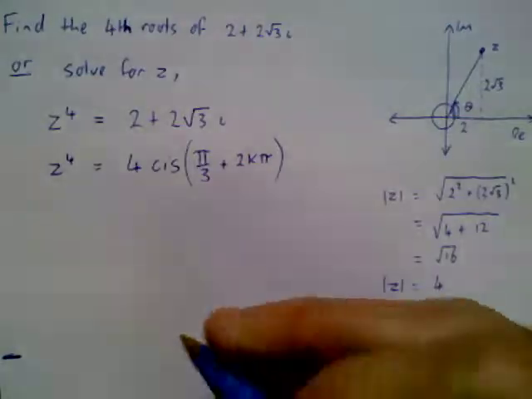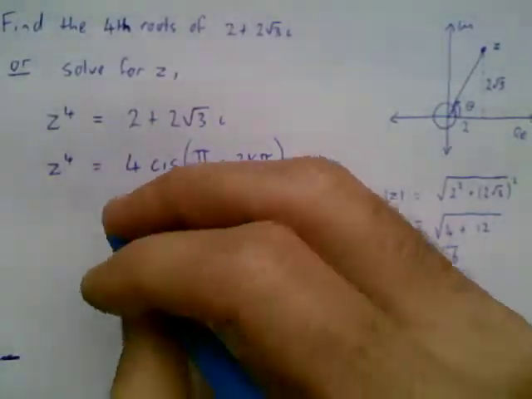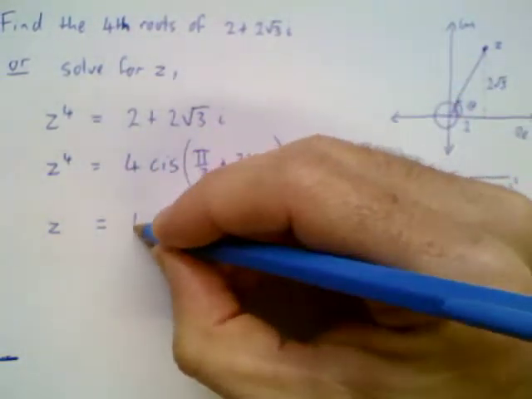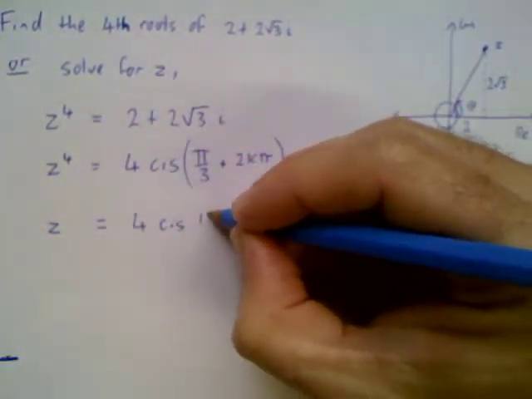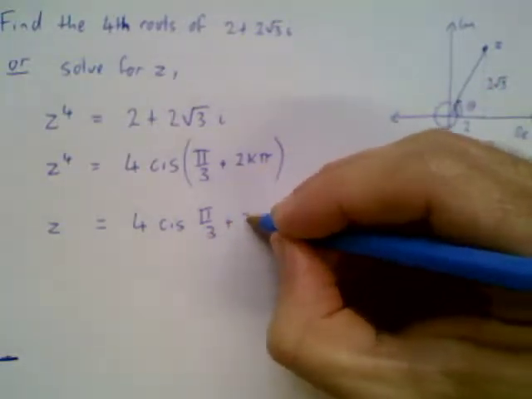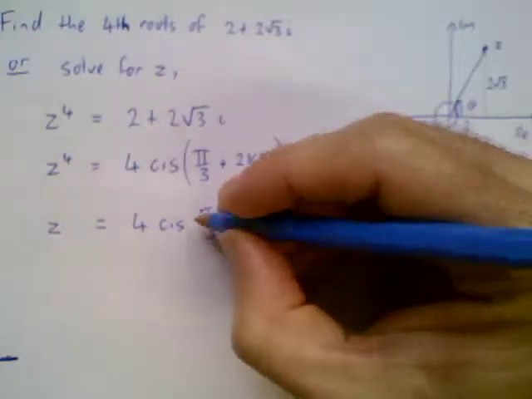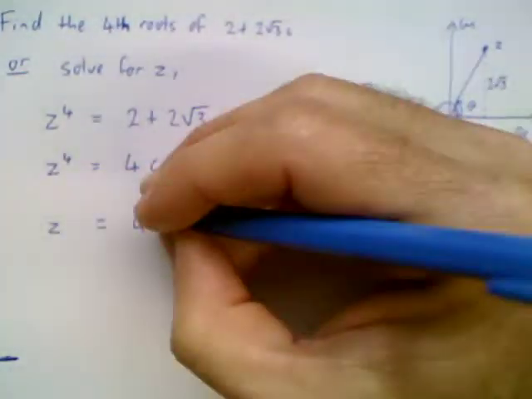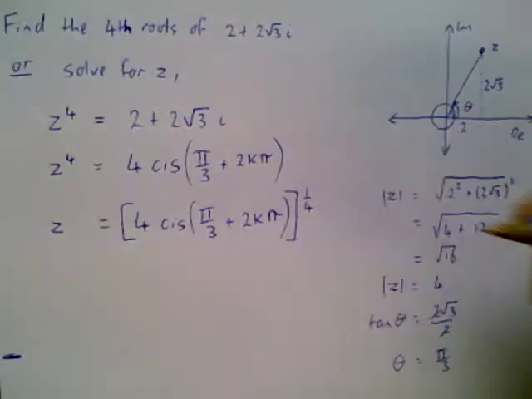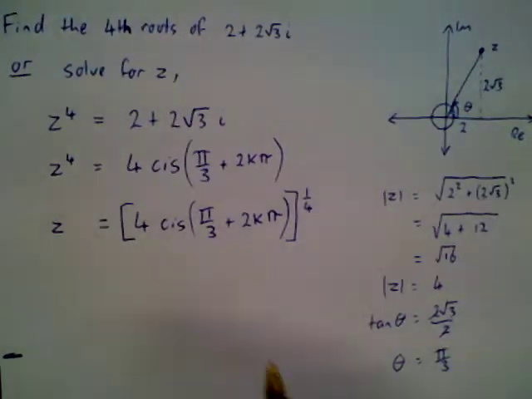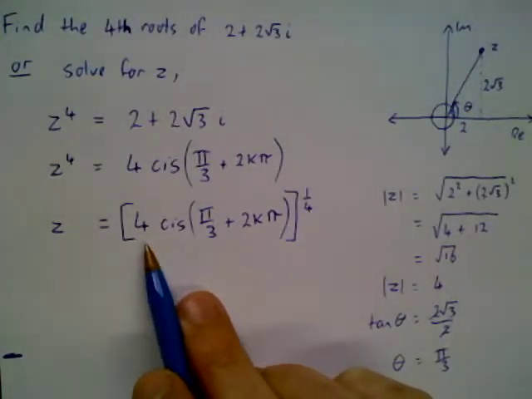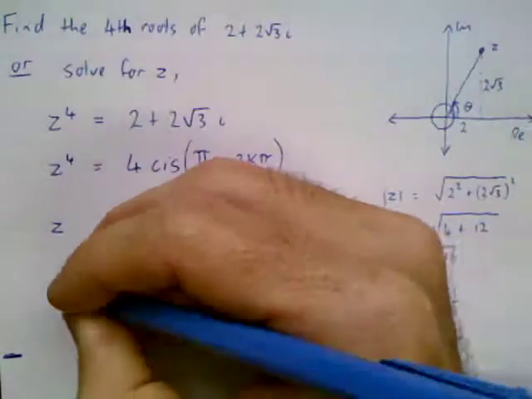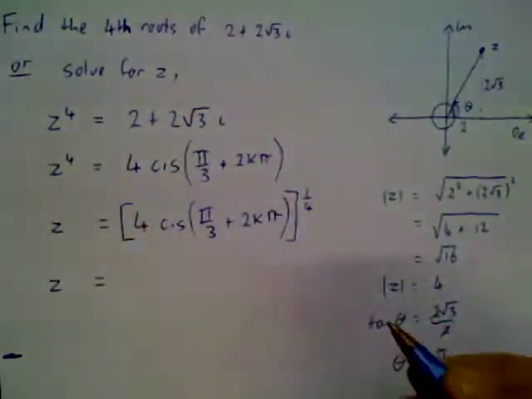Okay, so now that we've got that, we can go ahead and solve this equation. To do that, we're going to take fourth roots of both sides. So we'll get z is equal to 4 cis pi on 3 plus 2k pi to the power of 1/4. And of course, that will be a whole expression to the power of 1/4. There we go. So now that we've got a complex number in polar form raised to a power, we can use de Moivre's theorem to deal with that. And we end up here with z is equal to